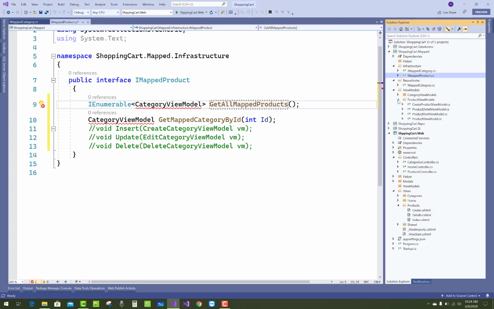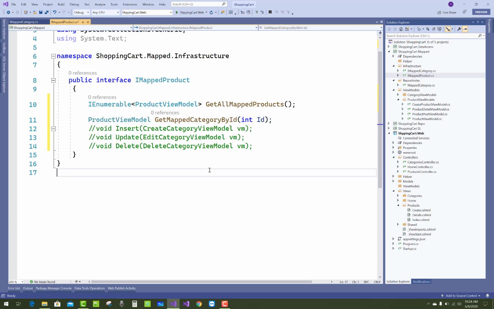But first of all I want to work on GetAllMappedProducts as well as GetMappedProductByID. So use product view model, and in product view model, get category in place of product by ID.